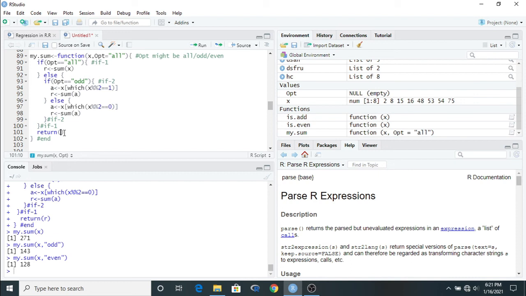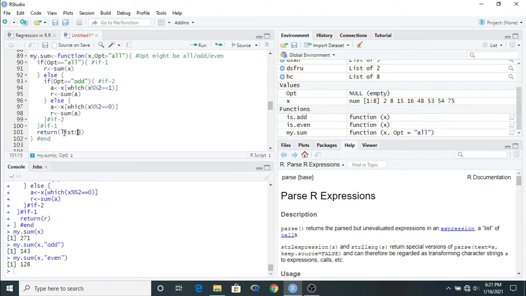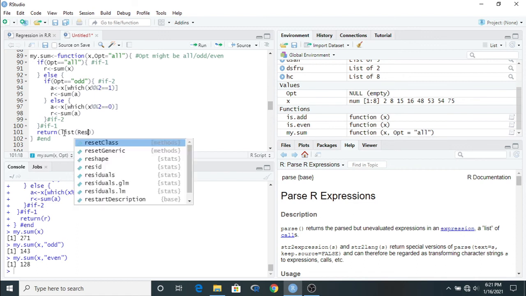When we want to store more than one element, we have to use the c command, c before the bracket. In the same way, if we want to extract more than one output, then we have to use the list function. We can use list, then start the bracket, then separated we can put the names of the results. Suppose the first one is result.